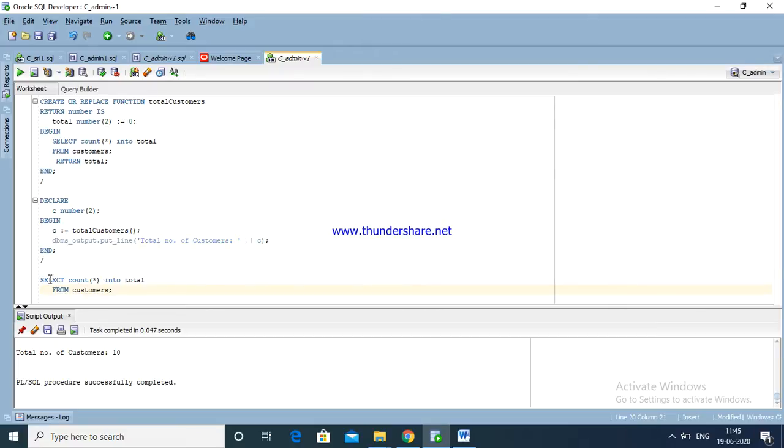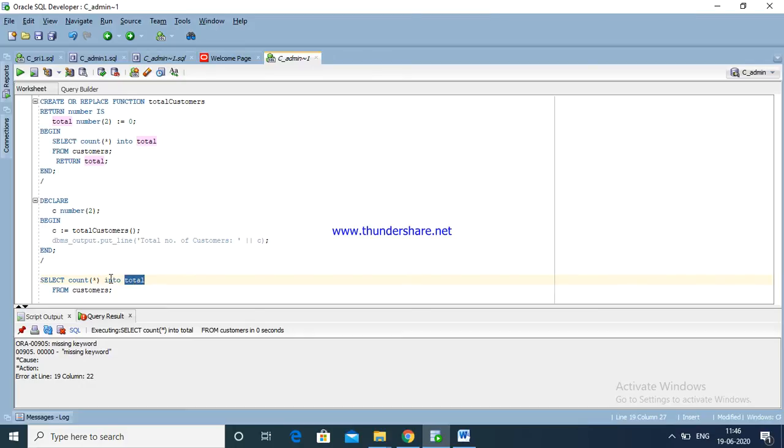See here, missing function. Now I am going to call total count from customers. Here remove this, just enter. See here, 10.